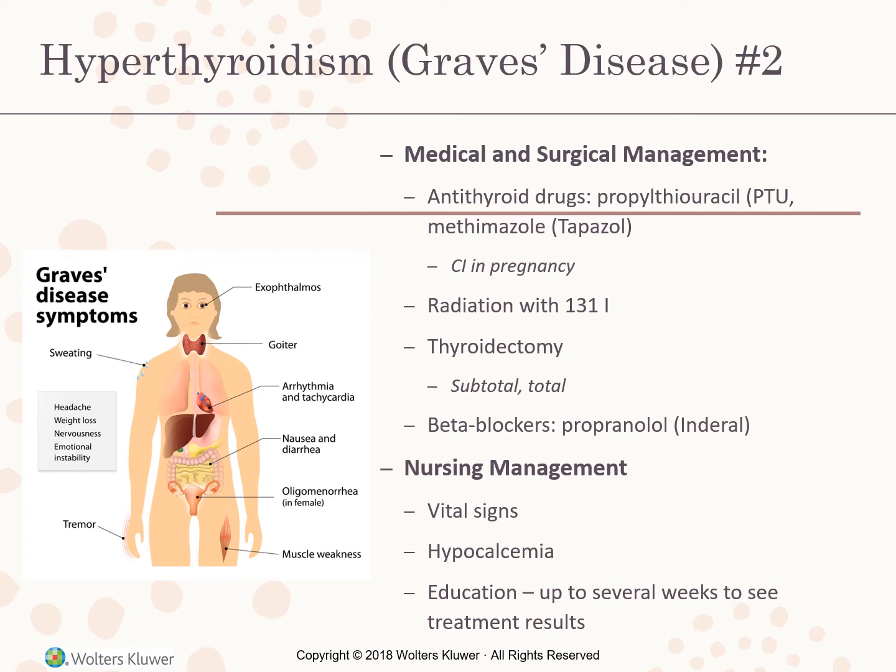A more common and unfortunate result of treatment is hypothyroidism, because accurately determining the precise amount of thyroid tissue that radiation will destroy is very difficult. Now, this complication may not develop until long after the administration of 131I, so patients have to remain under medical supervision for many years. We can also do a thyroidectomy, which is a removal of part or all of the